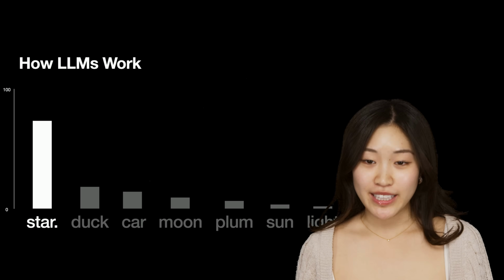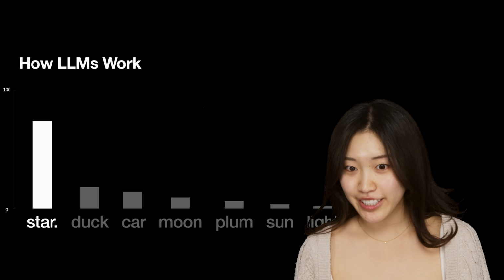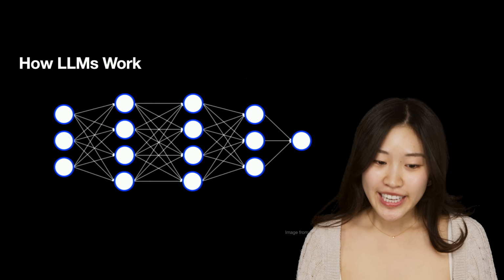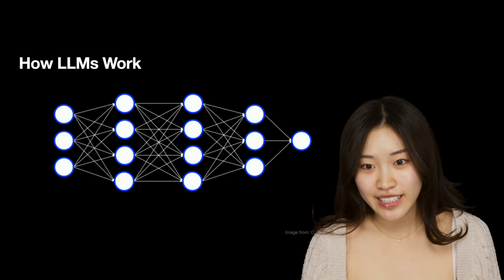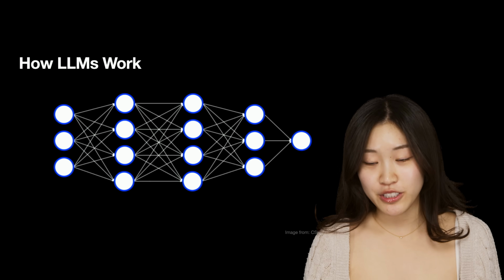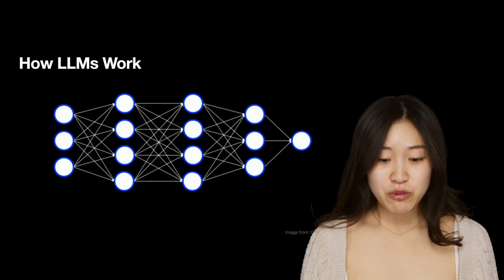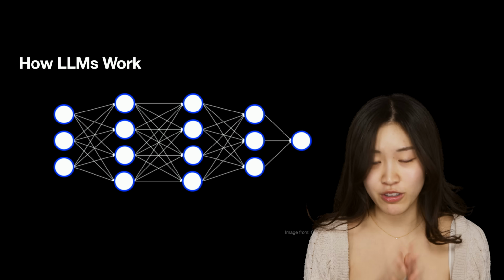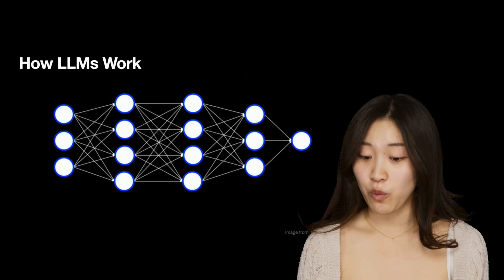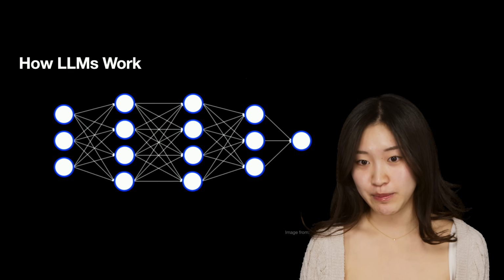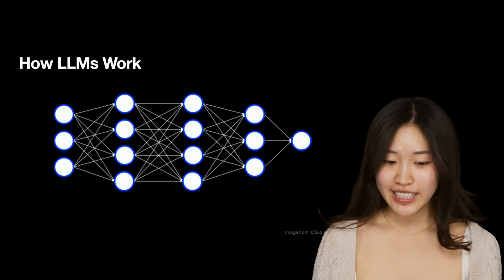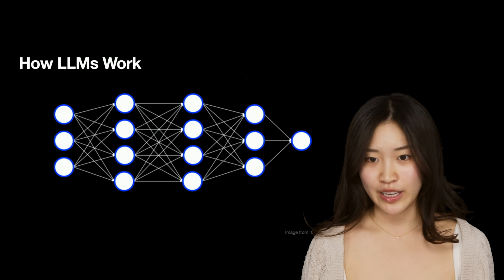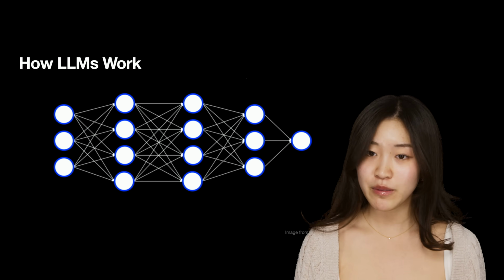And to be able to make the best calculations to form the most accurate predictions, LLMs need to be trained. Training an LLM is essentially feeding it tons of information, thus allowing the model to build parameters. You can think of parameters as trillions of little dials, which are just really small numbers, lots of numbers, that represent how words are related to each other in the data that has been fed. So now we're at a stage where these models are great at predicting a next word, sentence, or even a whole document provided a starting point.